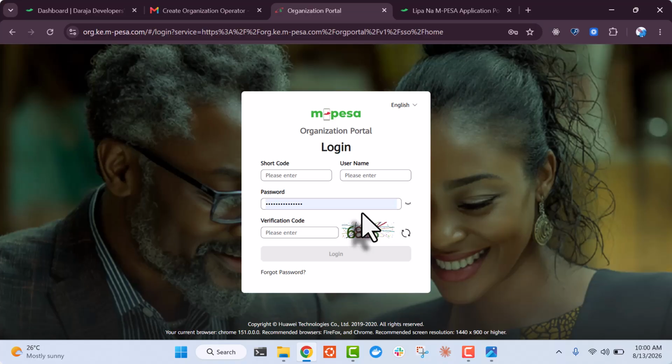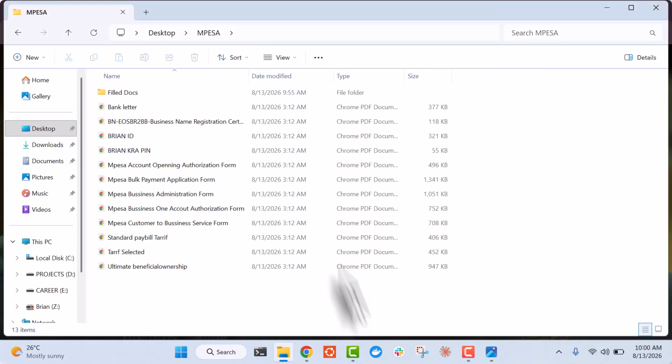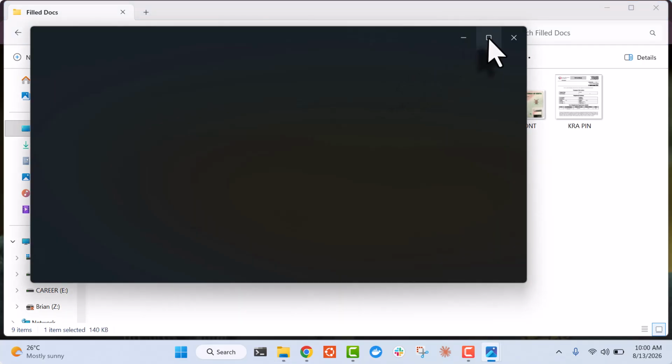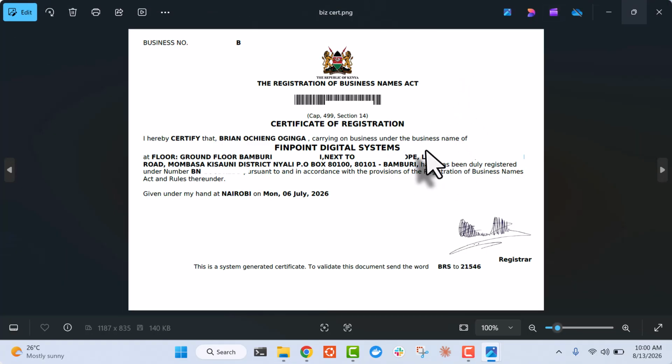So the forms, I'm just going to walk you through the documents here. I have them here in my folder. These are the documents that you do need. We do need a business name registration. If you don't have a certificate of incorporation, you can use a business name, and this can be found easily via eCitizen. You can just log into business registration services, apply for the business name or limited company, and then after 2